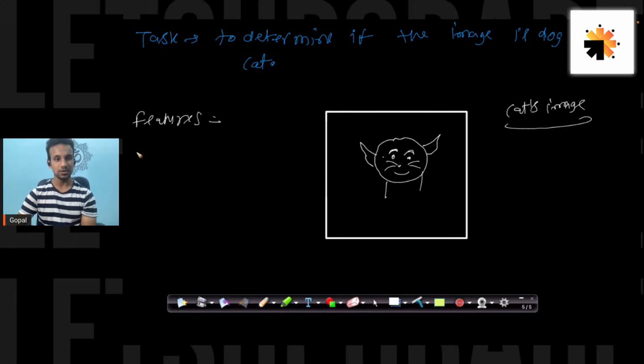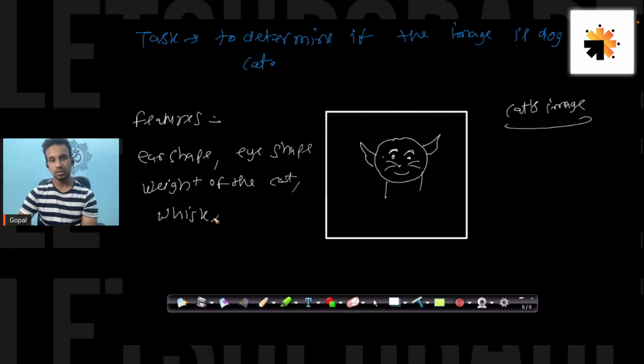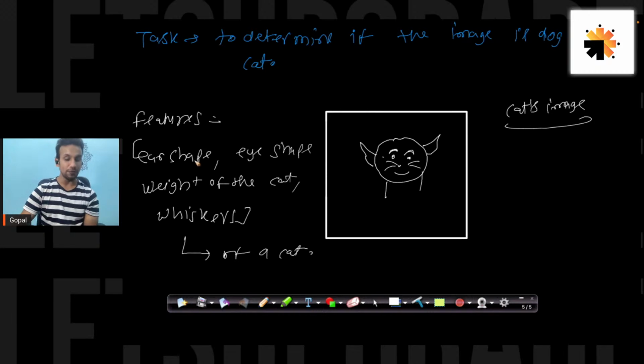Your features are ear shape, eye shape, maybe the weight of the cat, and maybe whiskers. Color of eye is also there. So these are all features of a cat.